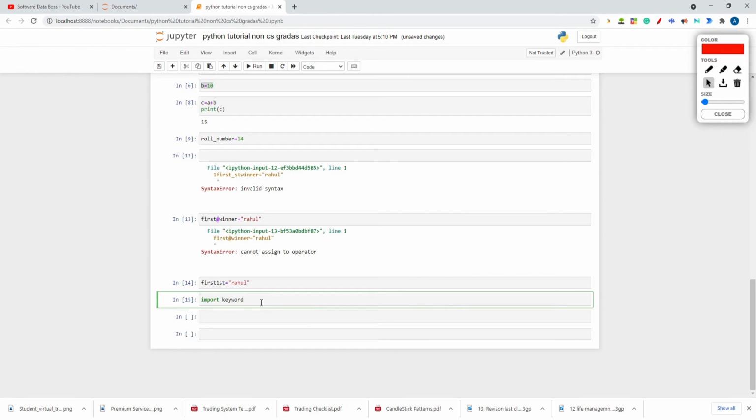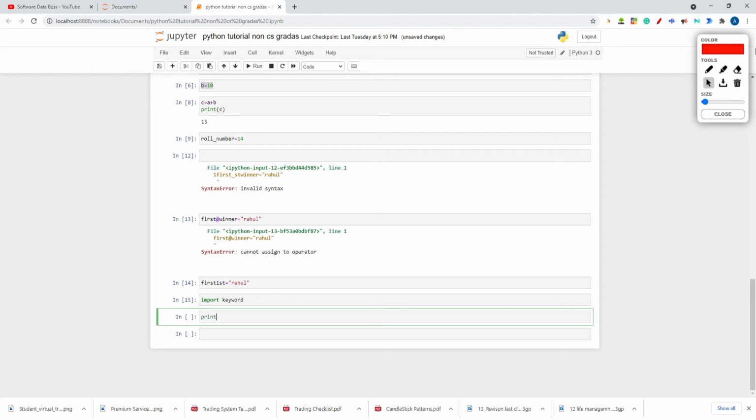Then if you have to study something, temporarily what you can do is go to the library, get that book, study that concept and solve your problem. Like that, I want to know what the different keywords in Python are. So I'm just importing the library keyword. Now I will check what the keywords in Python are. So let's print all the keywords that are present in Python.